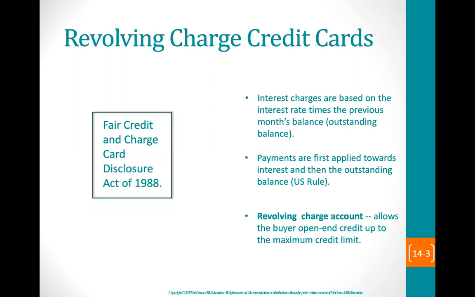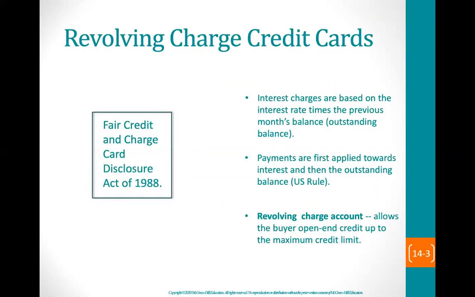Interest charges are based on the interest rate stated times the previous month's balance, which is your outstanding balance. Payments are first applied towards interest and then the outstanding balance. This is the U.S. rule that we discussed in Chapter 10. A revolving charge account allows the buyer open-ended credit to purchase items up to the maximum amount that they are allowed. So for the example that we're going to work,